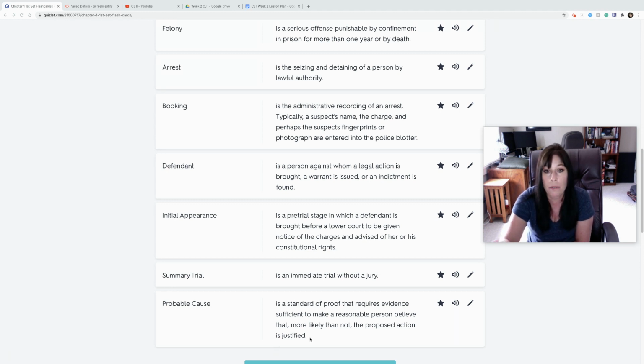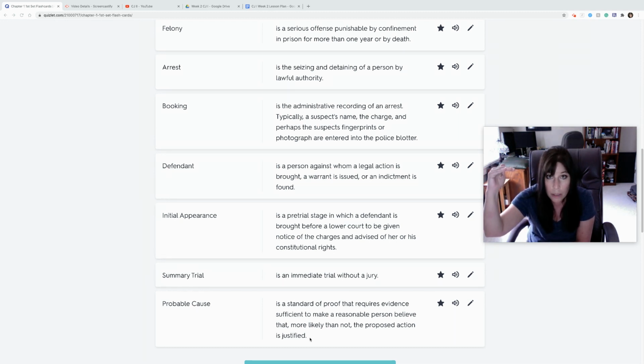Well, let me just be very clear and very specific. What is the proposed action? It's either an arrest or it's a search. That's it. Both of those require probable cause in order to be legal. And we're going to get into this in notes and lecture a whole lot more. But a police officer needs probable cause to make an arrest, and he needs probable cause to conduct a search. And that probable cause is a pretty high level of proof.